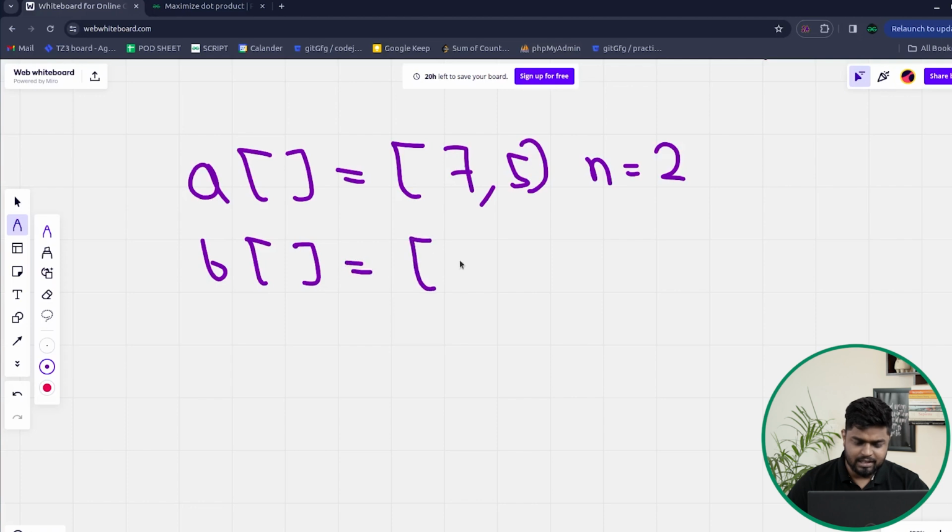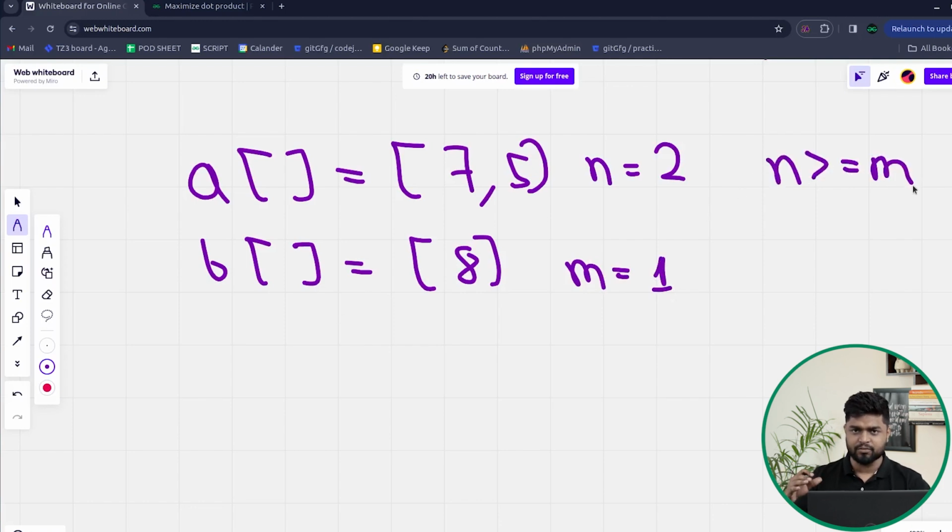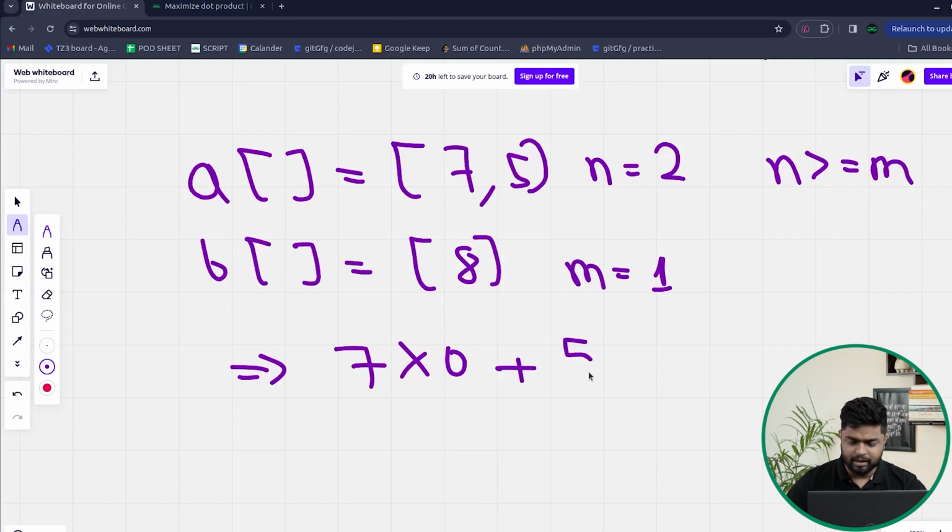Suppose that B has the value 8, and you can see that the size of the second array is 1. As I had already told, n will always be greater or equal to m. So the size of the first array will always be equal to the size of the second array, or it might be greater. Now when you are going to take the dot product, what will happen? Either you can do 7 into 0. So for the element 7 of the first array, you multiply it with 0, and then for the second element, that is 5 from the first array, you multiply it with 8. Then you get a dot product of